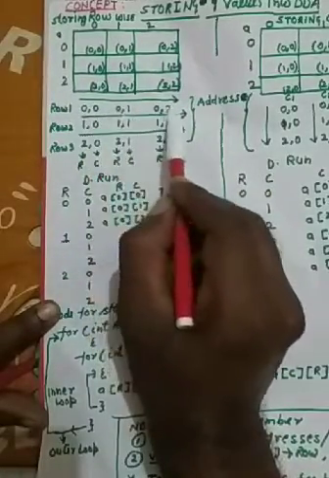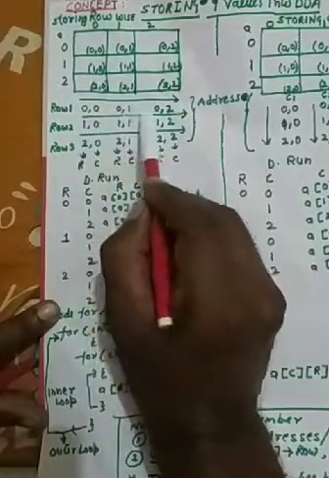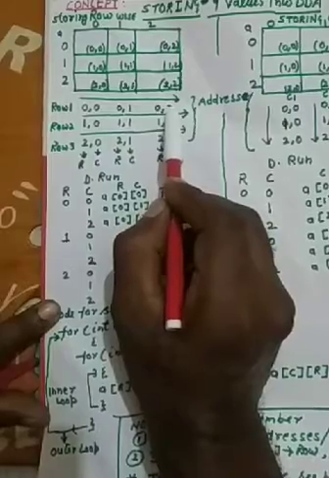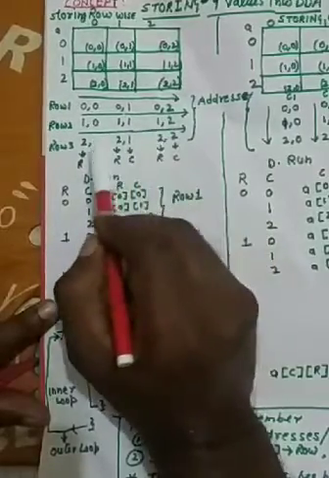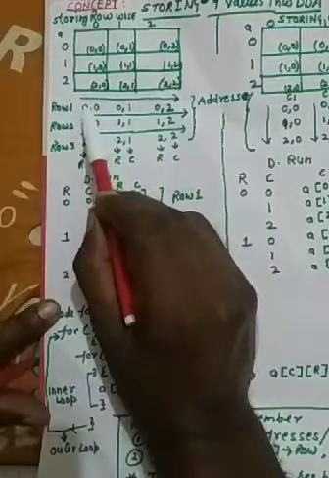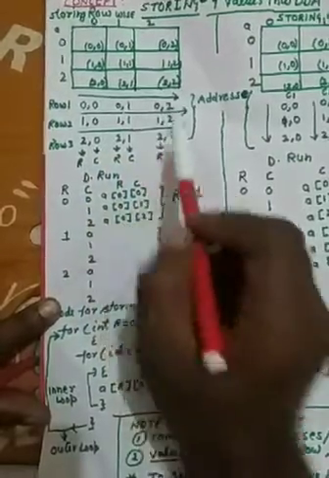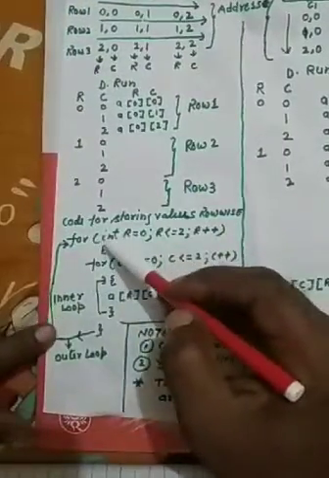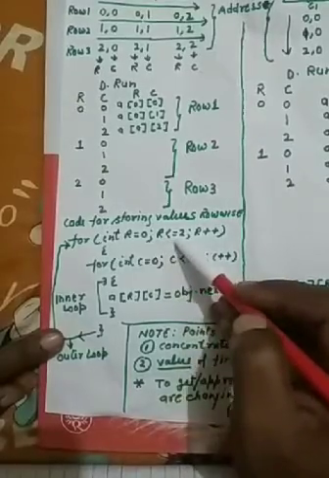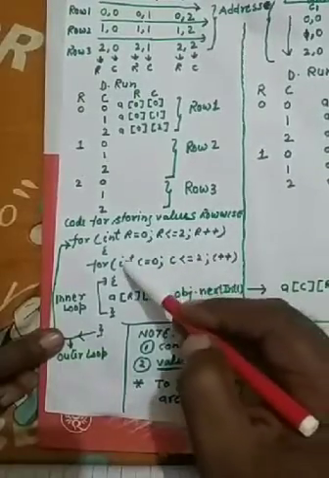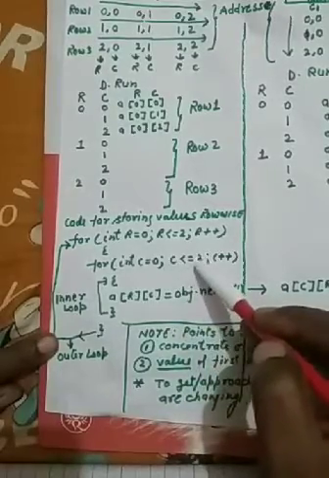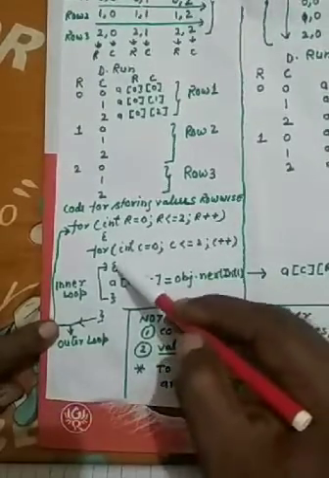These are the addresses. Keep in mind what the addresses are for row 1, for row 2, and for row 3. You have to move in such a way: 0,0, 0,1, 0,2. So I have written the code here. See, int r = 0; r <= 2; r++. For int c = 0, this is the inner loop; c <= 2; c++.